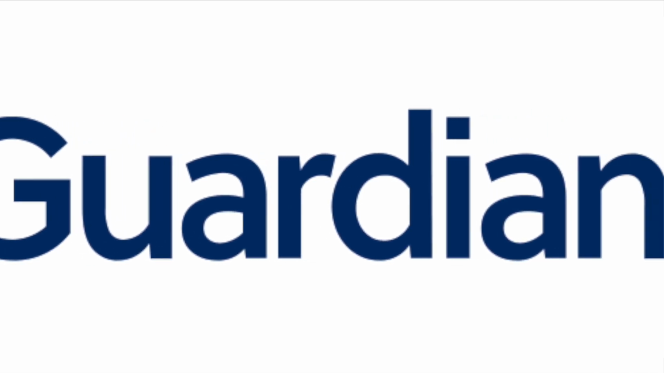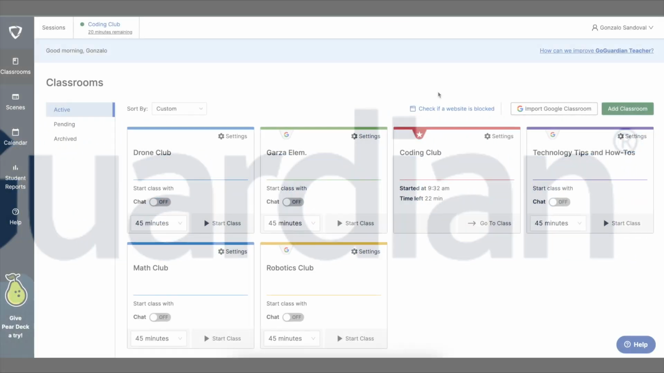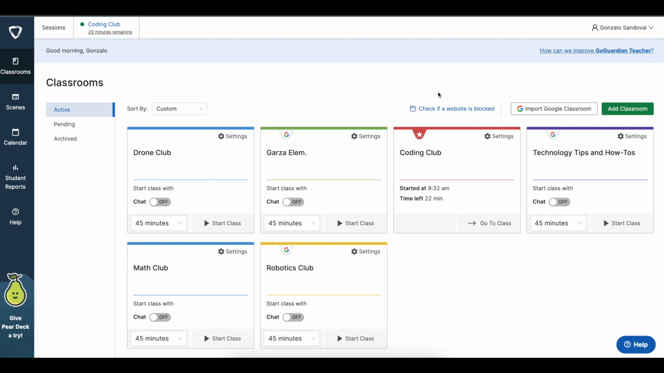In this video, I'm going to show you how to create a scene in GoGuardian. Once you log into GoGuardian and you have set up your classrooms, I have a demo of several classrooms in my case. Once you have established your classrooms, we can now go to the Scenes tab on the left side of the screen,